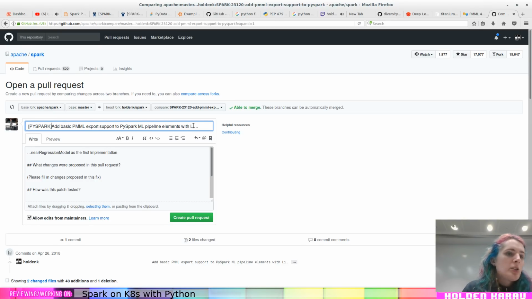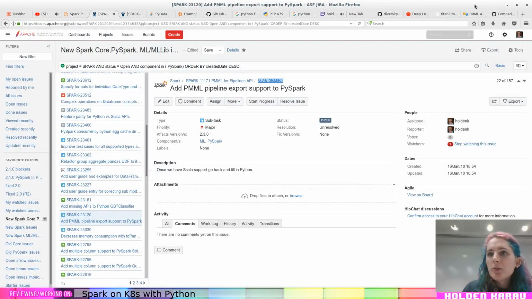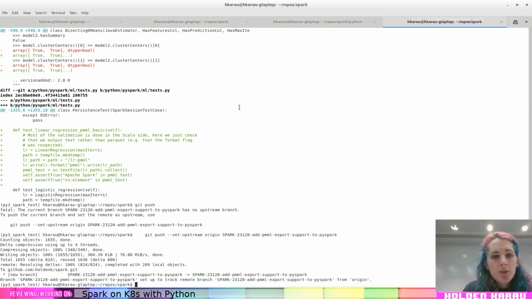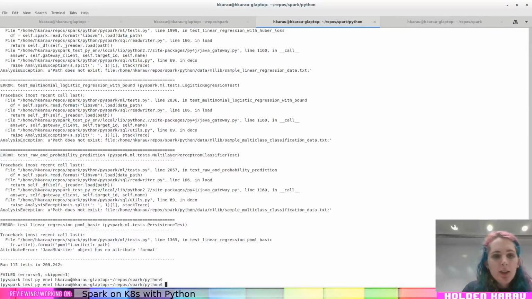And I do. So in Spark we have the convention where we put the component here. So it's going to be PySpark ML. We put the JIRA number here so people can find it more easily. And because I'm still waiting on seeing if,